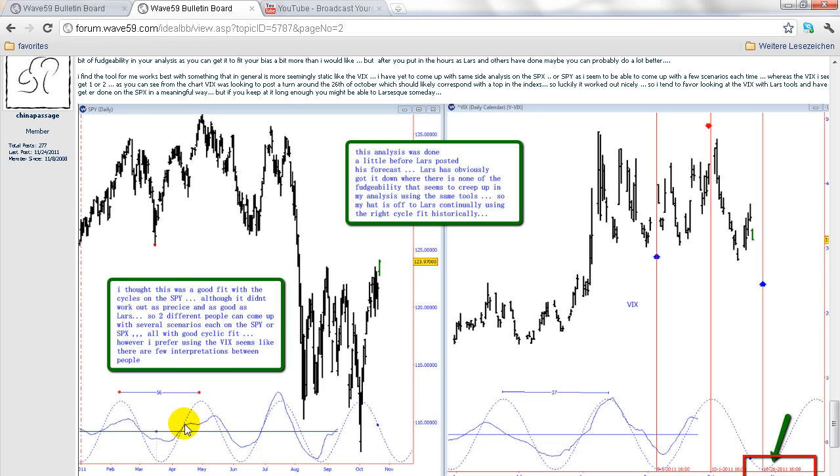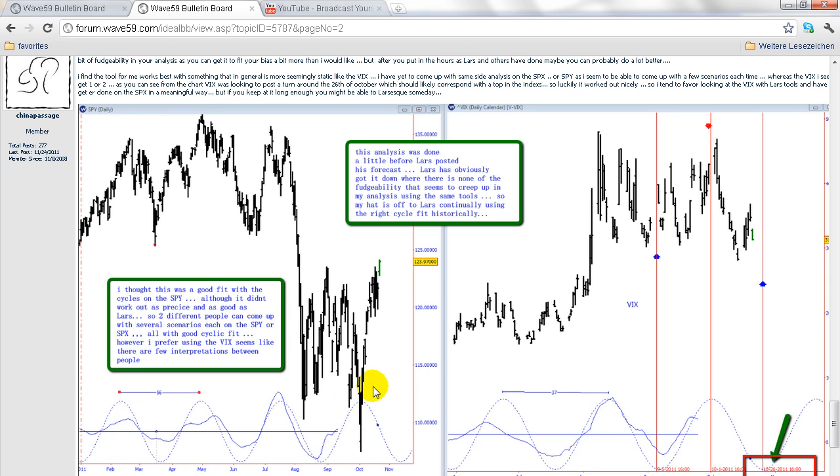On the left side we have one analysis where the question was whether this is a good fit or not. I want to give you a really simple explanation of how to detect if it's a good fit or not. In the end, it screams to my eyes that this is not a good fit, and it should be simple for you to detect it, because if you compare the price behavior here during the last 3 to 4 weeks to the cycle which is shown below,